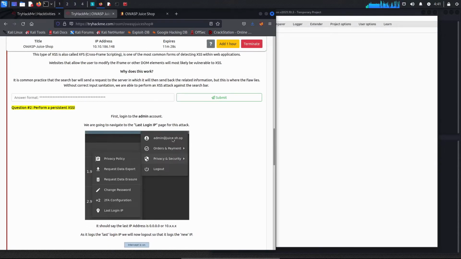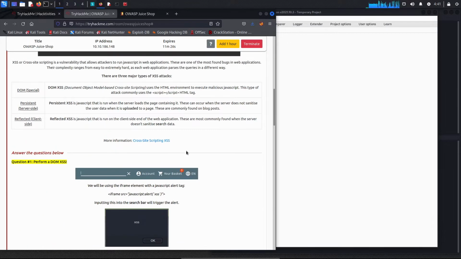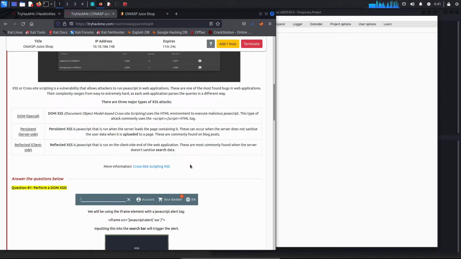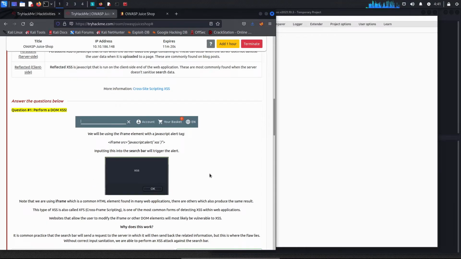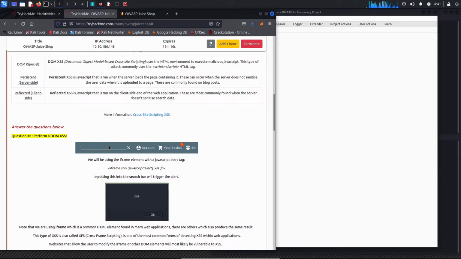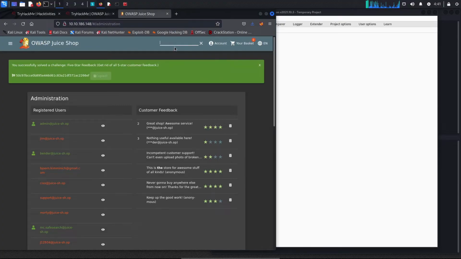Here we're going to use cross-site scripting attacks, and the first one we're going to perform is DOM cross-site scripting on the search bar. We're just going to copy the code and paste it into the search bar.